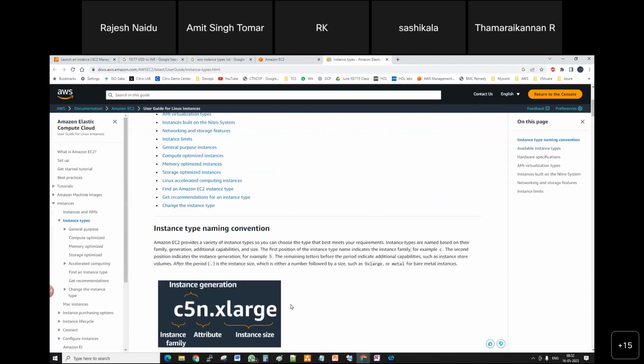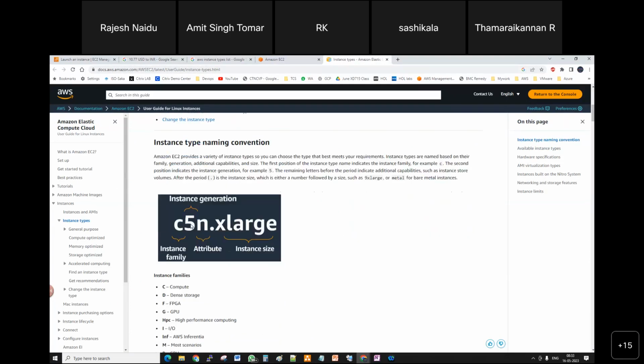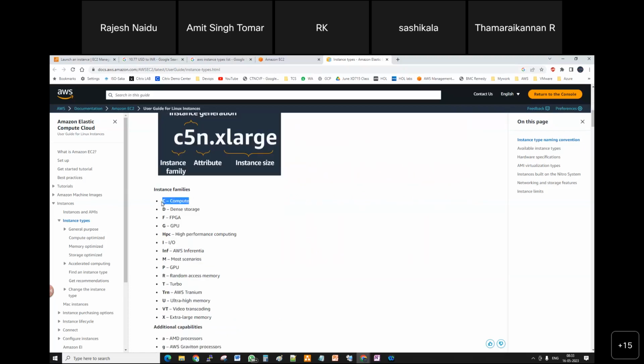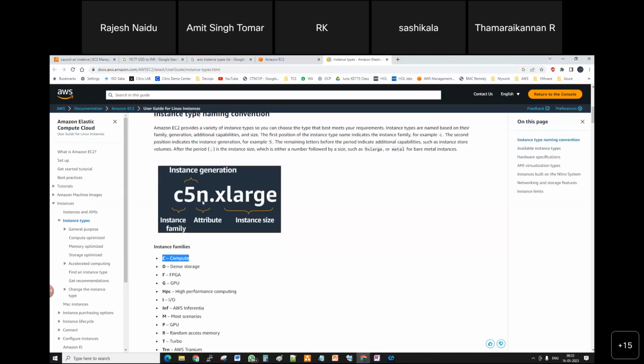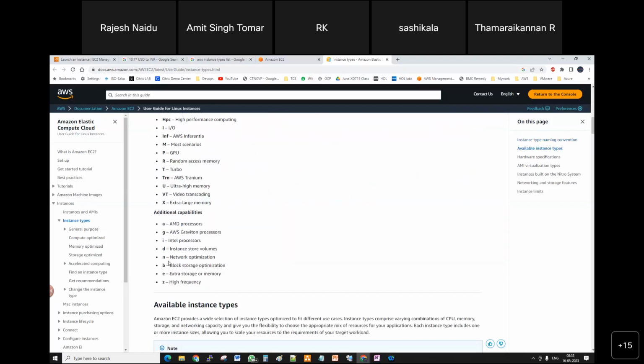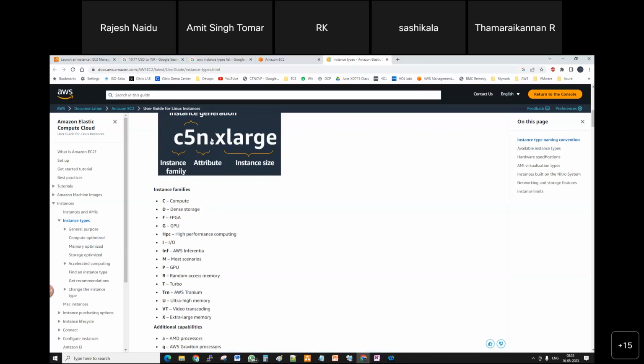You can see here, guys, the instance type naming convention. Suppose the instance name is shown like this: C5n.xlarge. How do they decode it? Let me explain. C means instance family, it's compute. Number 5 is the instance generation. And n means attribute, network optimization. Now, xlarge